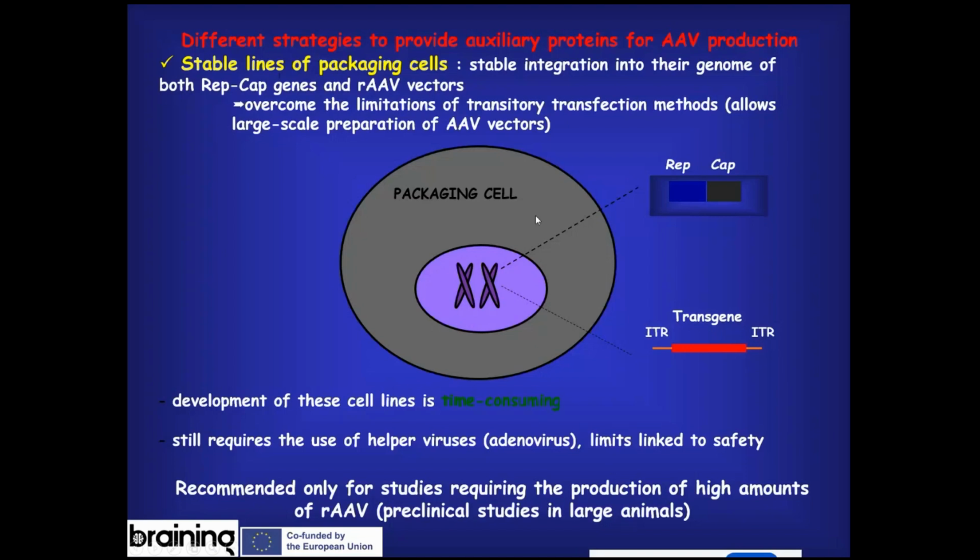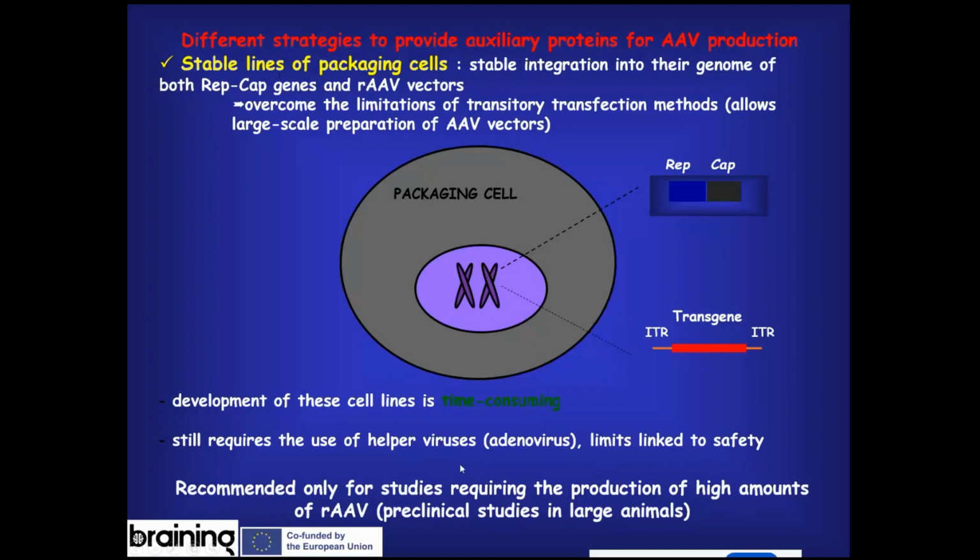However, you still require the use of helper virus. Why? Because this virus is called adeno-associated because it needs adenovirus to be produced. So this can limit the safety of the adeno-associated adenoviral vector. And so all this, packaging cells, stable, and adenovirus, is mostly recommended for studies that require very high amounts of